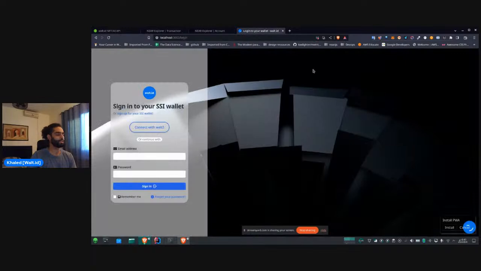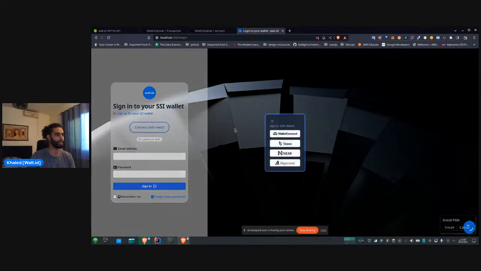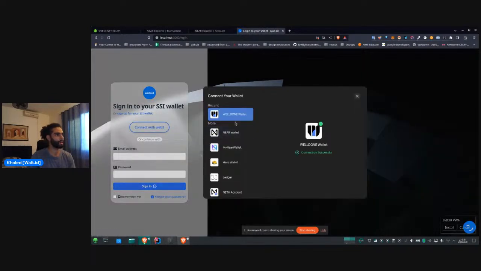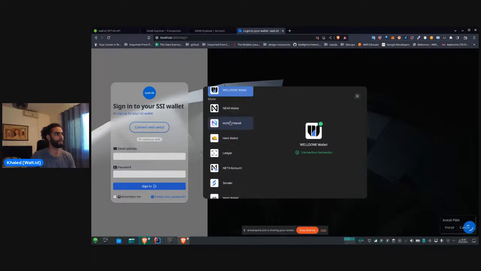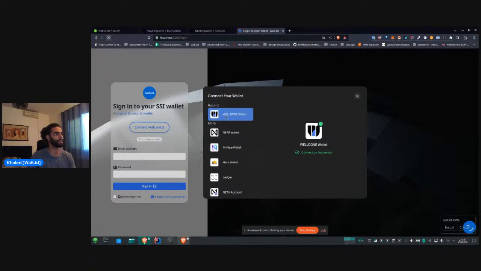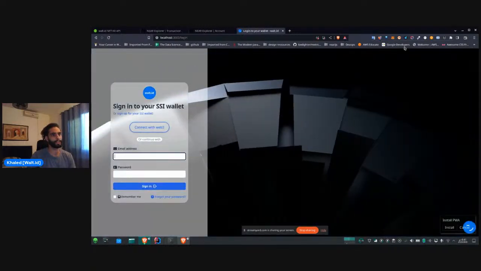Now let's go to our second product, which is the wallet kit. We're going to be connecting our Near wallet. I mainly use the Welldone wallet for connecting. So just let me